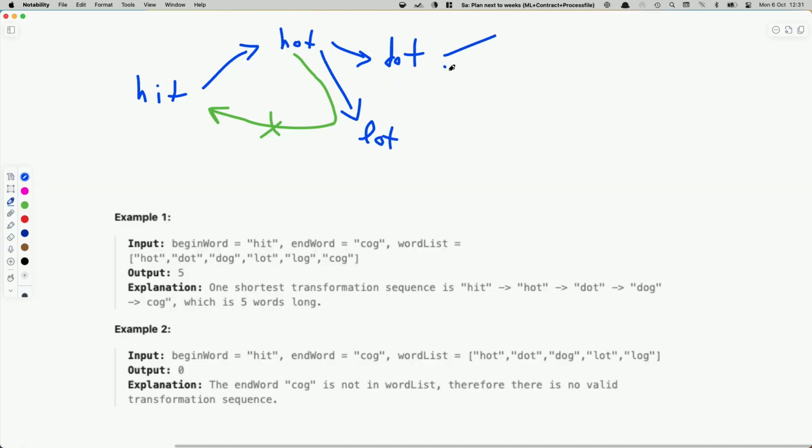Now we continue this. Every word will have a couple of next words that we could go into. And we basically have to find the path that leads to the target word cog. So that's where we want to get to, and then we will have a path to it. Now, if we use a DFS approach, we might find a path, but we don't know if it's the shortest one. So we should probably use a BFS approach where, if we flip this by 90 degrees,